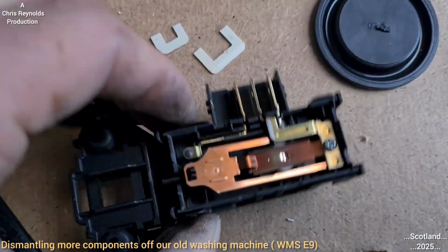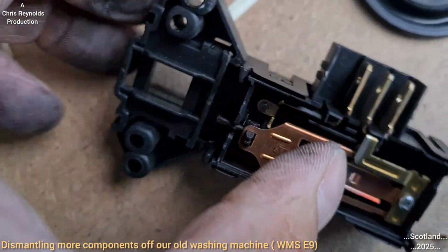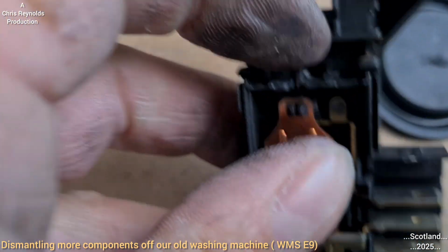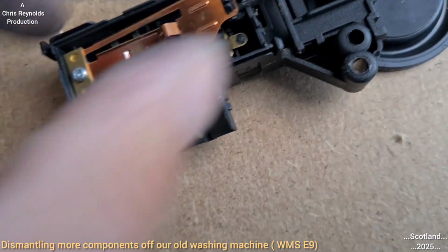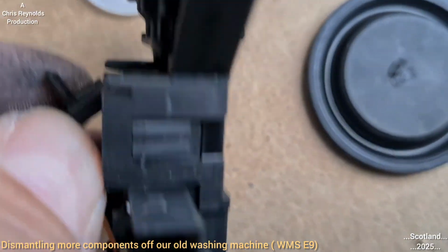Now, inside here, I reckon this must get energised and cause this tab maybe to... No, I'm just not quite sure what's going on here. I might have to just pull this right back and see what's going on. This plastic bit seems to be...